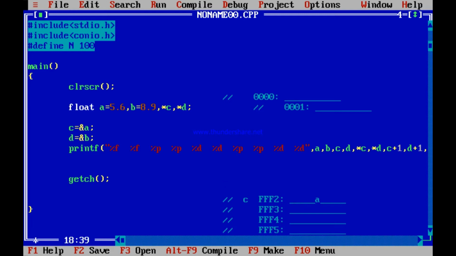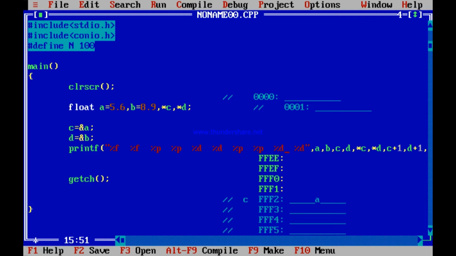Before FFF2 comes FFF1. Before that comes FFF0. Before that comes FFEF. Before that comes FFEE. Is it not so? If you go by hexadecimal, FFEE, then FFEF, then FFF0, then FFF1. This is how it is done.